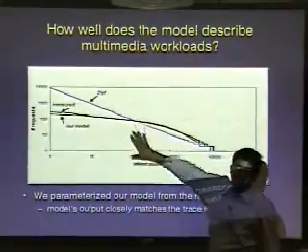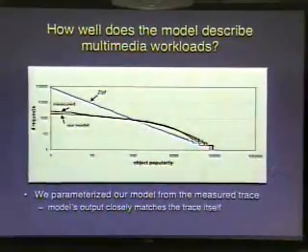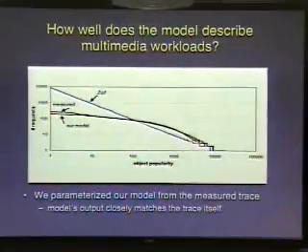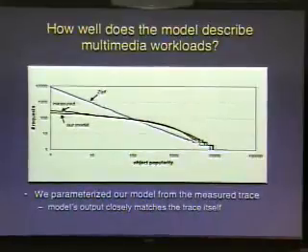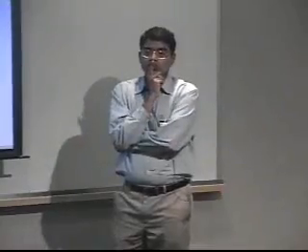If you ordered the objects by file name, it would be bumping all over the place. You wouldn't see anything, right? It'd be a mess of points. The 100th object is not the one that received 100 requests. The 100th object is the one that would have received 5 requests, for example. Okay.